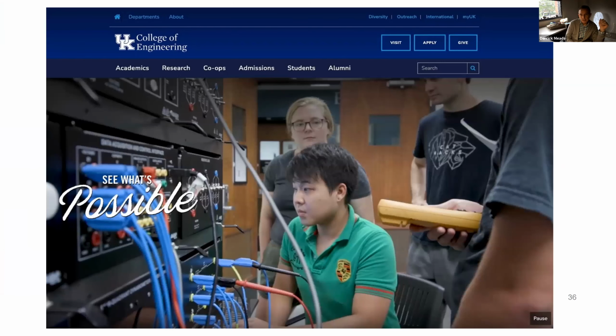Website, just put it out there. It's a Bootstrap 12 frame. We've been constantly working on this. We just launched a new header recently. We're such a big college. We had a very simple header, but our complexity and the request to have diversity and international and to have visit, apply, and give as top level calls to action was pushed by our colleagues. So anyway, we're excited about that.